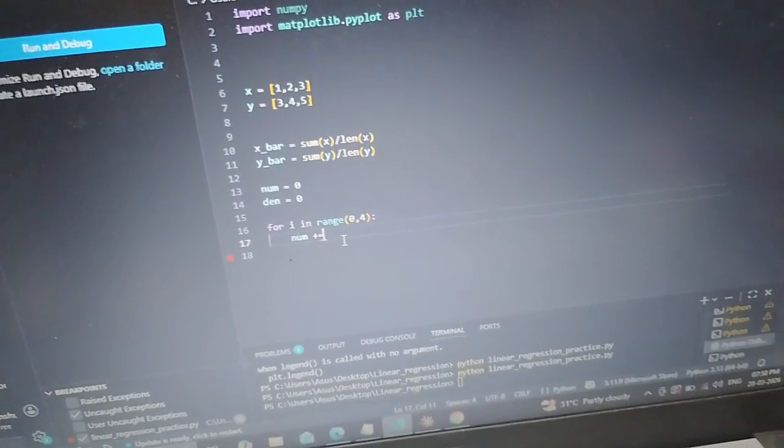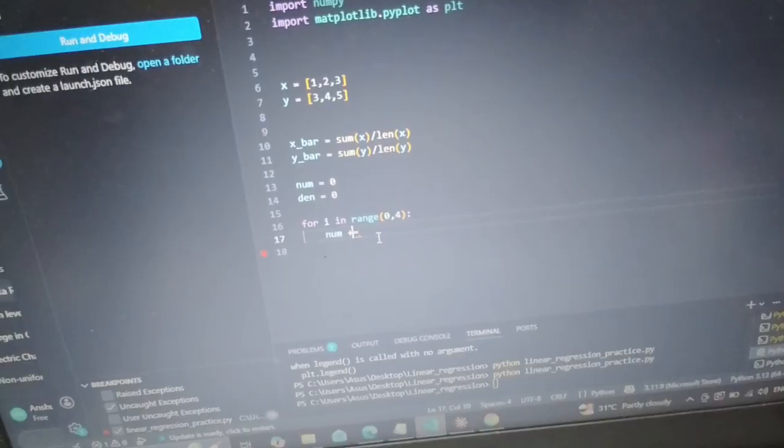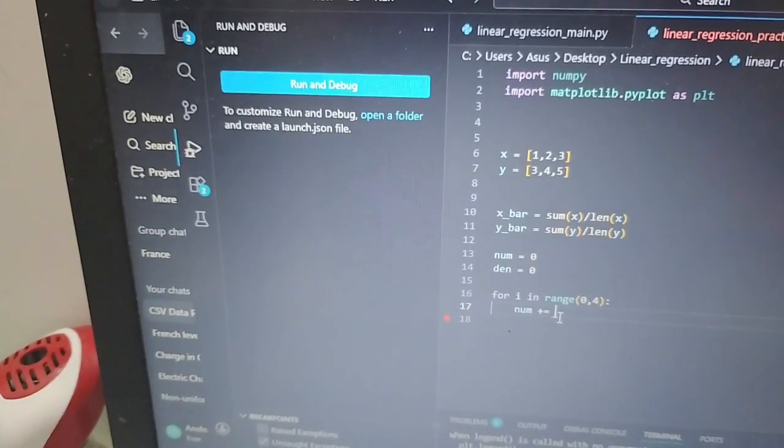So after that, you're supposed to write the num plus equal. So there, so we're adding it, and we are... I don't think we are adding it. We are multiplying it, maybe. Are we multiplying it? I think we are adding it. We're adding it. Yes. So we are adding it. You're adding